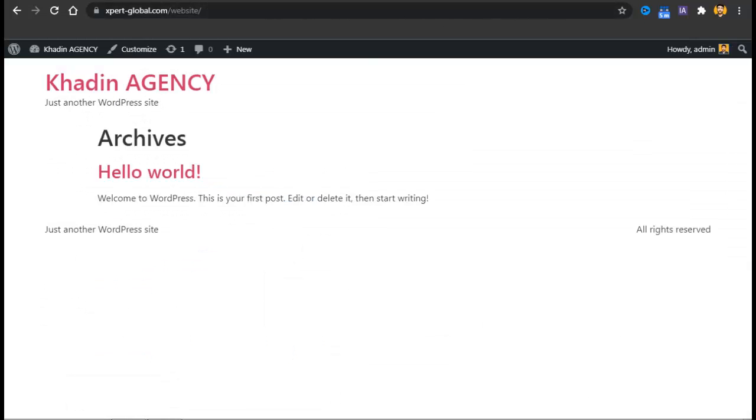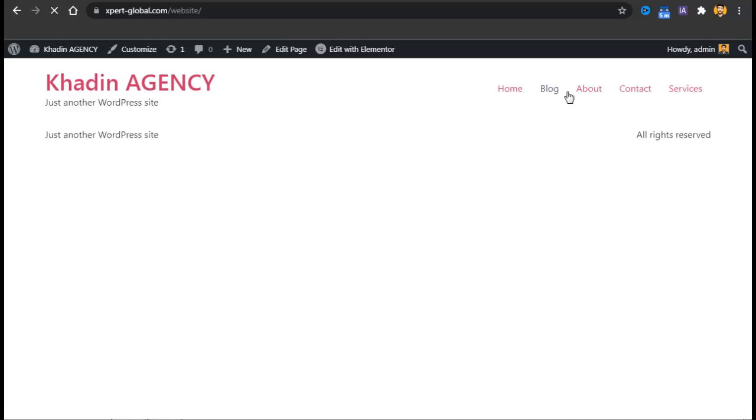And now let's check what's the difference here. If we reload our website again, that's the difference. We now have a menu, and we can navigate between pages. And now we are going to work on the design of the website, and we'll design the whole website within about 15 minutes. Not 15 but about 20 minutes plus, but you can see the time.